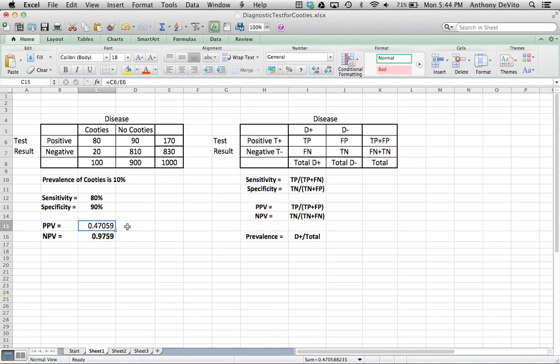Here we have a measure that you can work with, as a physician, as a healthcare worker, as a patient, to understand that if I test positive, it's still 50-50, right? If I test negative, I'm pretty sure that I don't have it. There's a pretty good chance I don't have it. Not a bad test, but